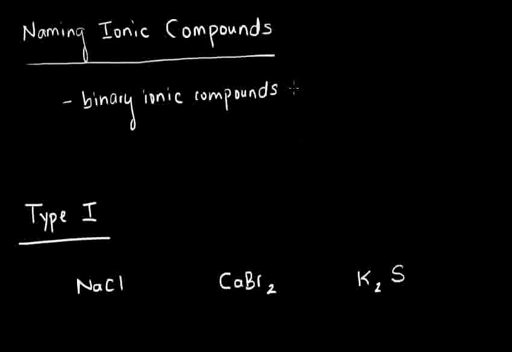Binary ionic compounds are just compounds made up of one cation and one anion. And we know from previous videos that the cation is positive. It's got that T in it, which looks like a positive sign, which refers to the positive charge on that cation, and the anion, which is negative. And in this case, almost always the cation is going to be a metal, and the anion can either be a nonmetal